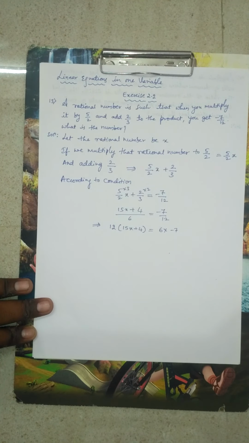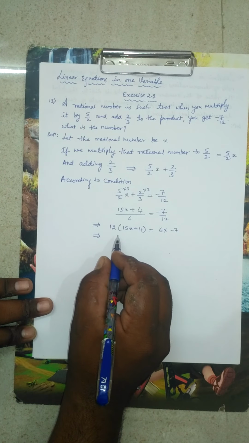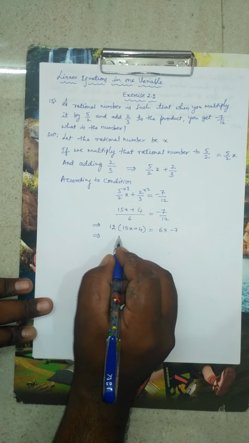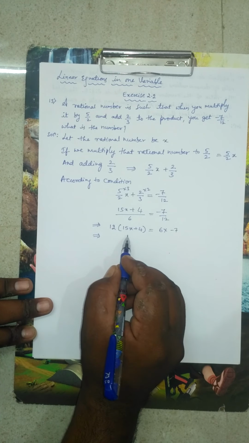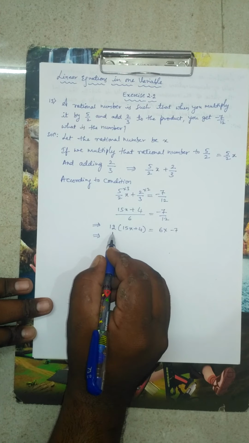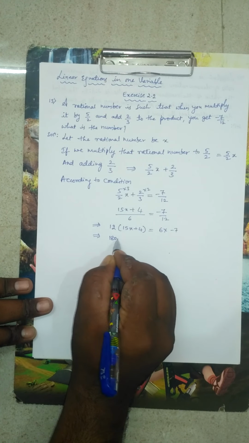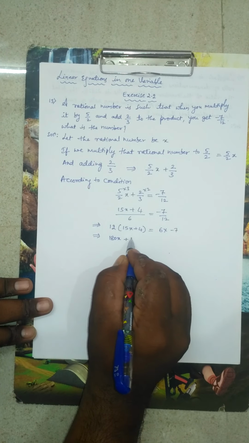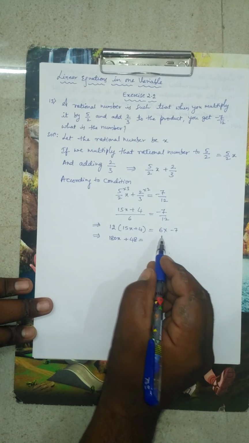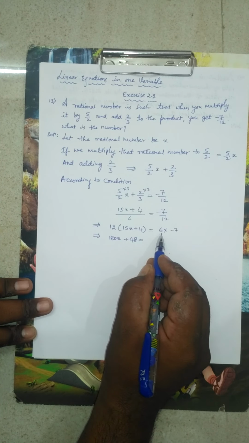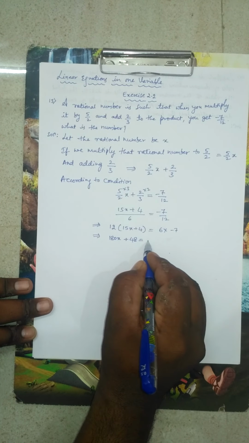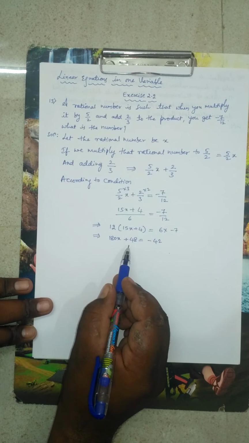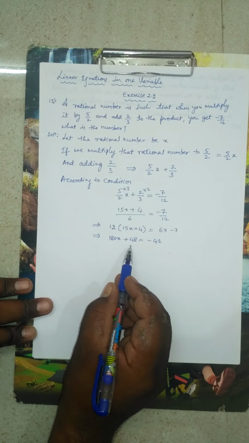Now we have to go for simplification. So 12 multiplied with 15, we are going to get 180. This monomial we are going to multiply with this binomial. So 12 into 15x is 180x. Plus into plus, plus only. 12 fours are 48. So this is equal to, here a positive number we are going to multiply with a negative number, so plus into minus, minus. 6 sevens are 42. Now this plus 48 I am going to transpose to the RHS.